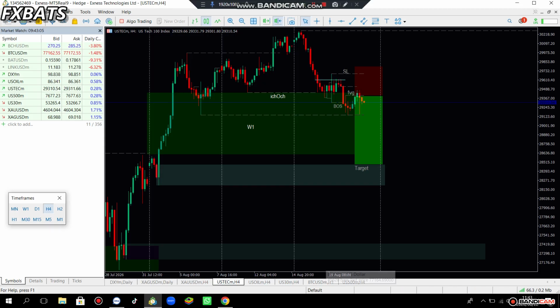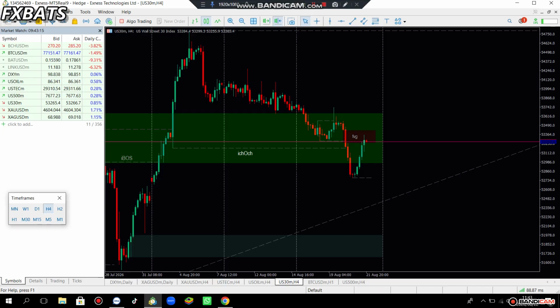So when you talk about BTC, I've already talked about it. I've been talking about Nasdaq. So Nasdaq and US30, the same context. US30 has reached my context area. This is H4. So what I'm hoping to see is that it starts flashing down to this area of demand. So all setups for S&P 500, US30 and Nasdaq are all the same. So we're looking for shorts.